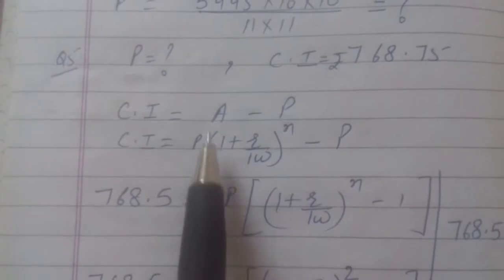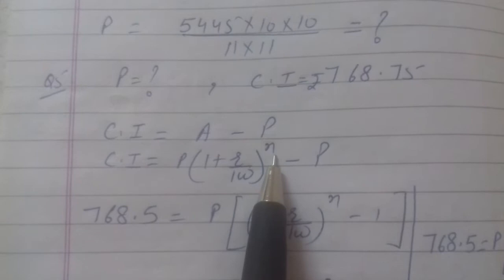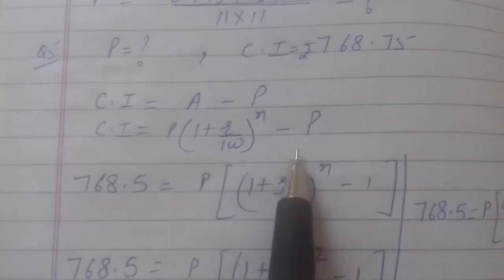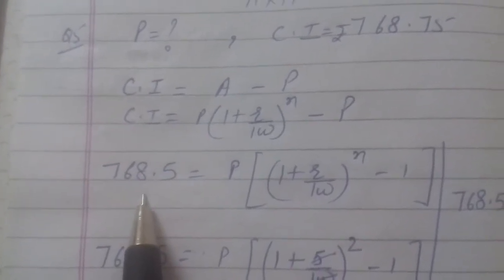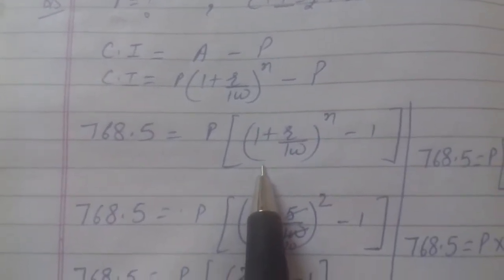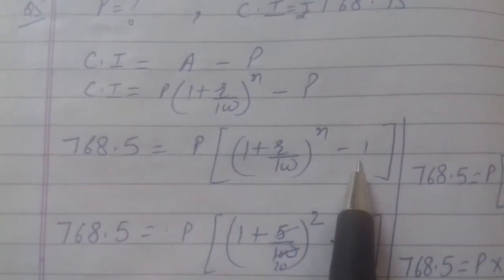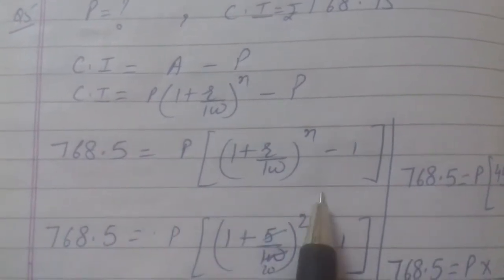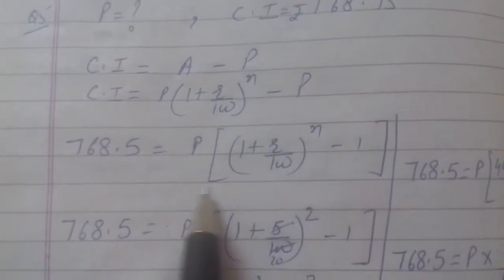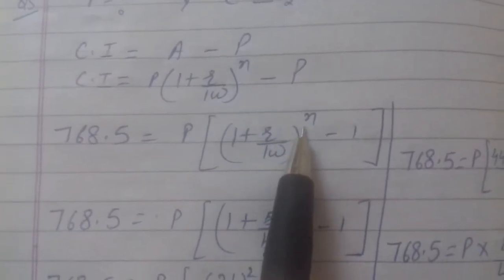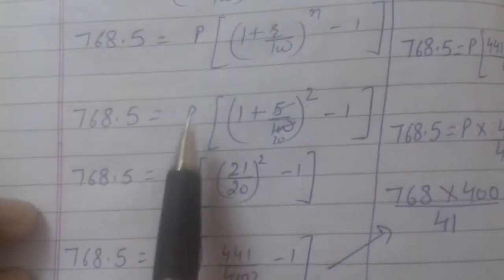So compound interest is equal to, how we'll find out amount? P into 1 plus R by 100 raised to the power n minus P. So look, we can take P common from here. Clear? In place of compound interest, I put the value into 1 plus R by 100 raised to the power n and P is taken common. So what will come over here? Minus 1. Actually, this is the formula. So this you can learn. Compound interest is equal to principal, square bracket, 1 plus R by 100 raised to the power n, minus 1. Now look children, this value is same, principal as it is.